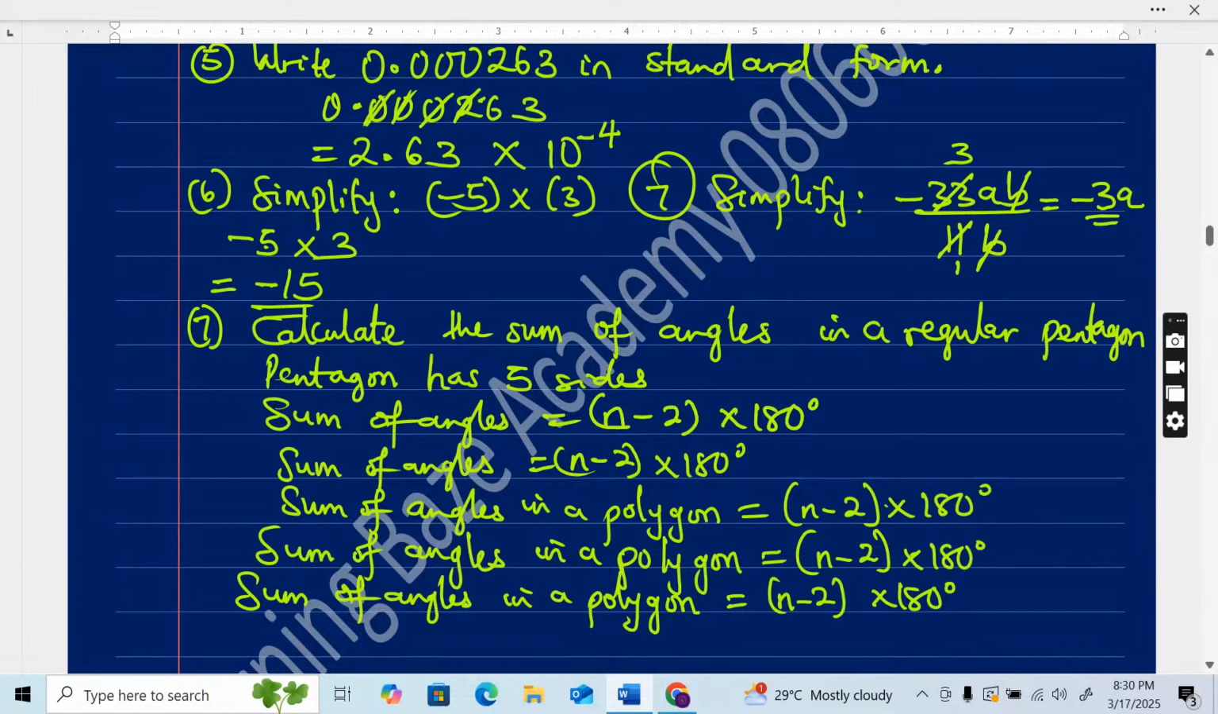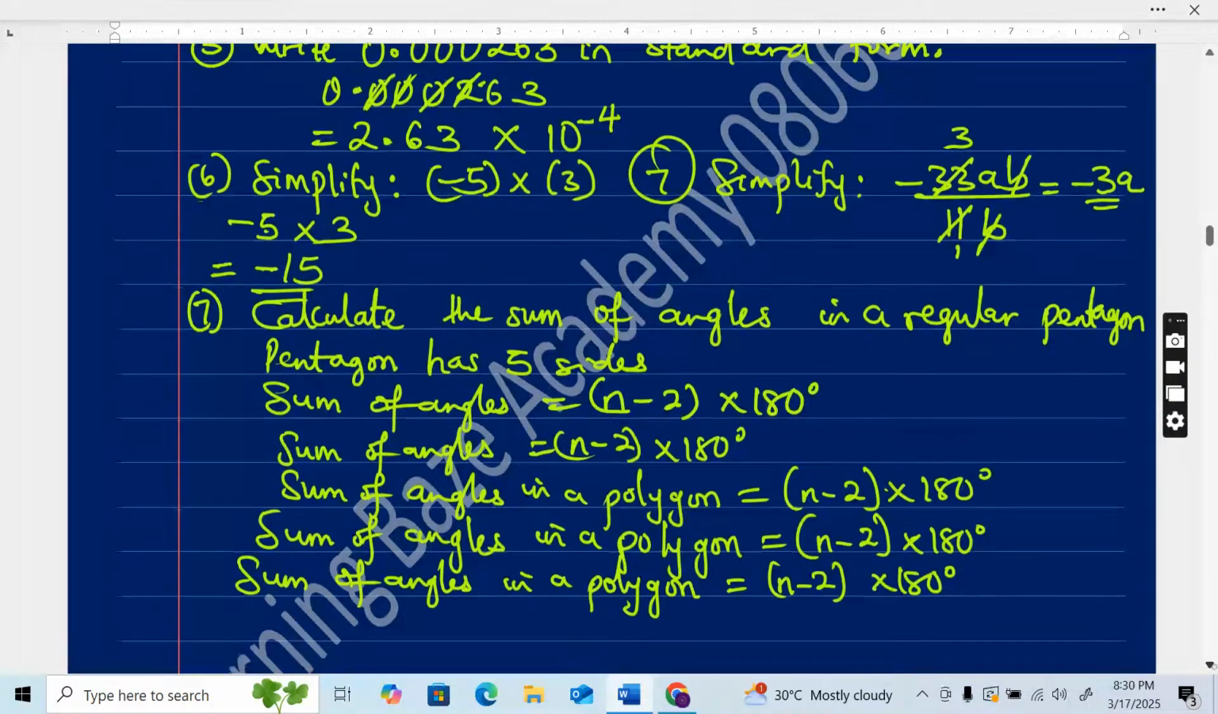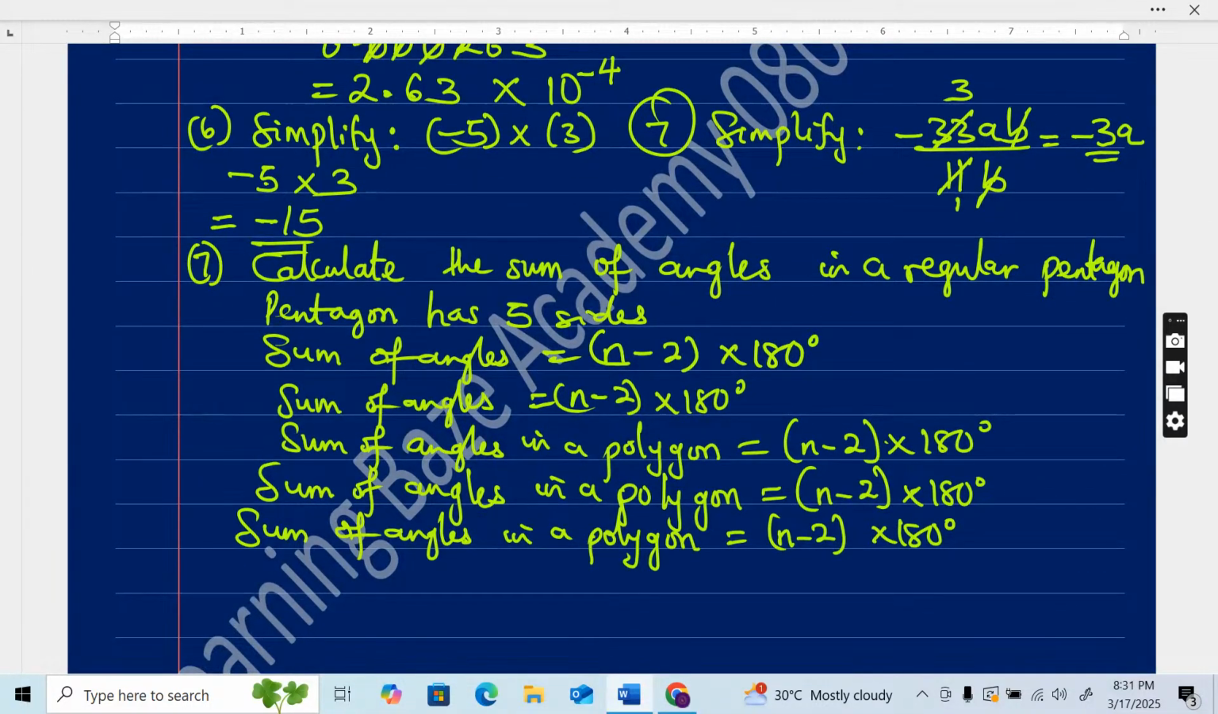So we want to find the sum of angles in a regular pentagon. We already have the formula: n minus 2 times 180 degrees. Now, n means the number of sides. A pentagon has 5 sides, so that will be 5 minus 2